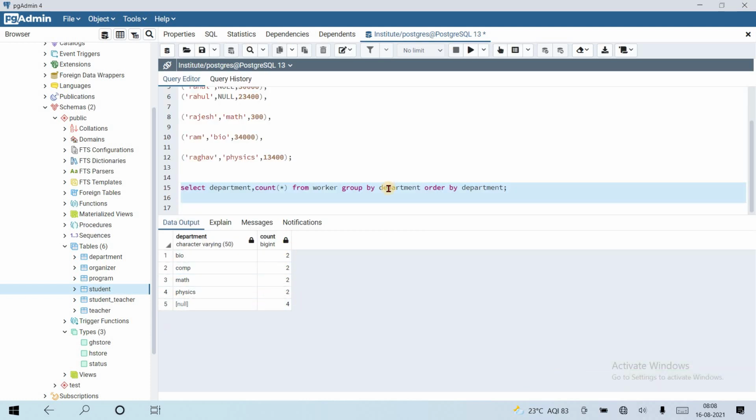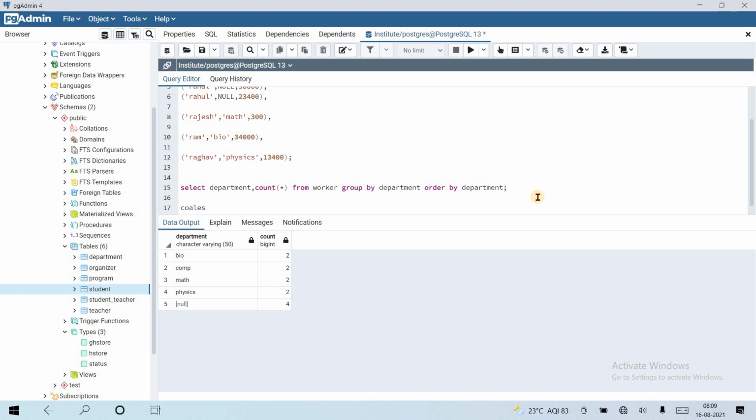Okay, let's focus on null. So the function is COALESCE to handle null values.